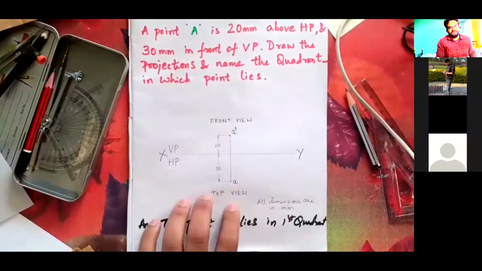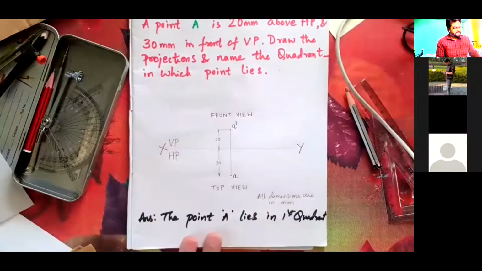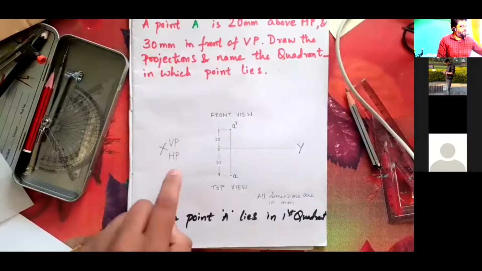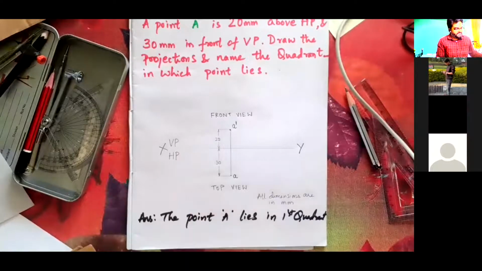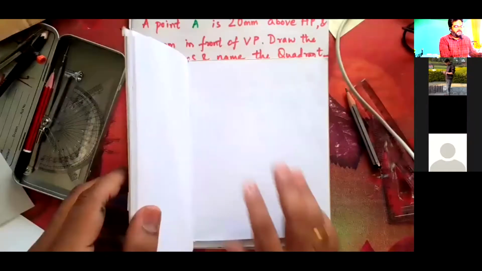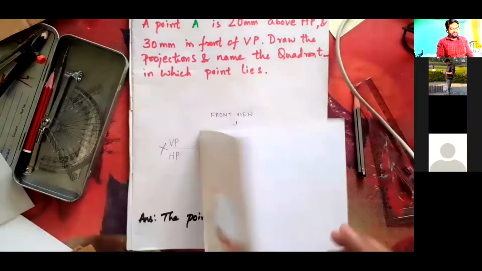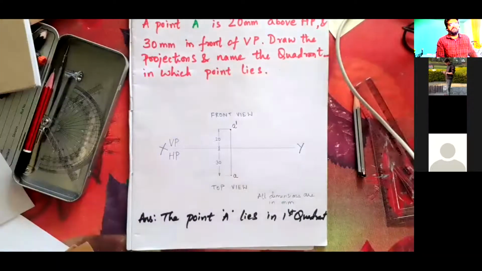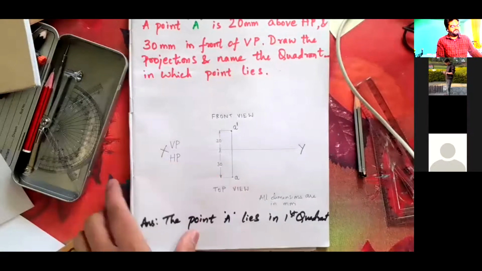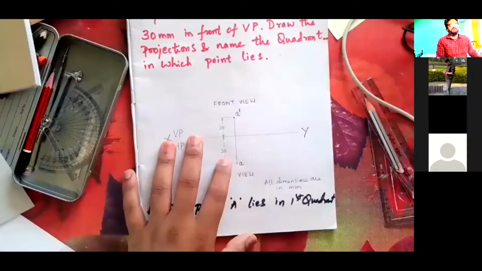You can take a screenshot of this and draw the same in sketchbook or unruled copy. If you have a small unruled copy for another few more days, it is okay. You write the question here and solve the problem. But later on, after next week, this type of problems we will be solving in this manner. As this was the first problem and very simple dimensions are involved, I have used this.